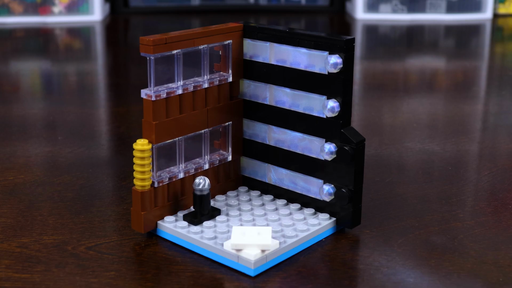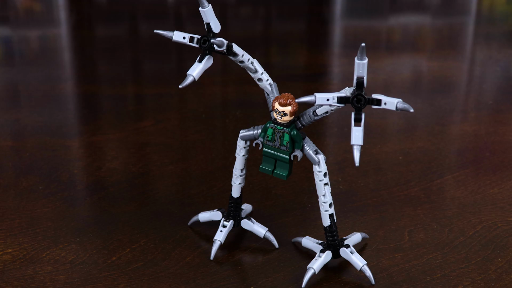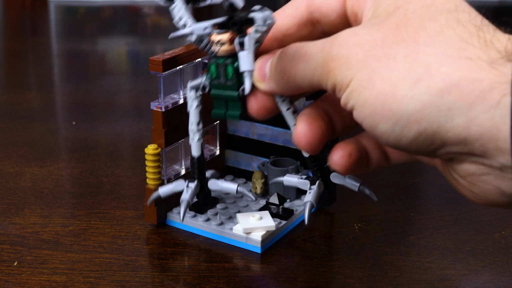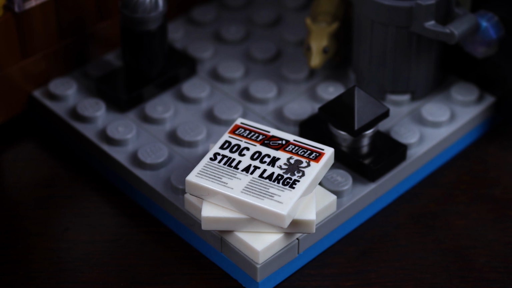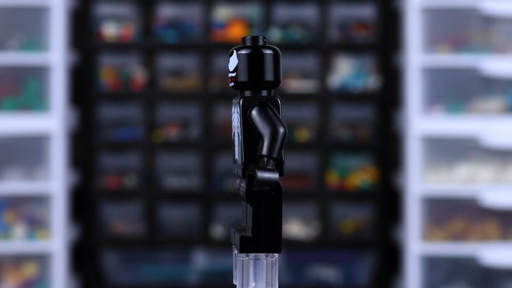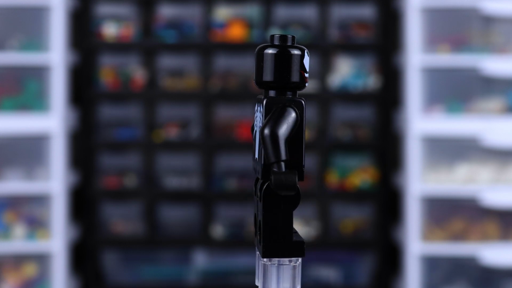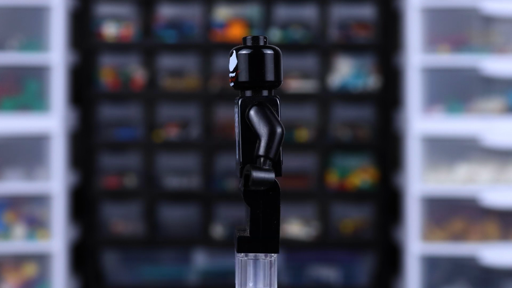Similarly to the first habitat, I added a bunch of things to the roof. For the villain, I was going to use Doc Ock, but he was a little too big with my current and favorite tentacle setup, so in honor of my attempt, I added this newspaper. The next obvious choice for me was Venom. Given his popularity, especially lately, his usual rivaling nature with Spider-Man, and his inclusion in the latest PlayStation game, it